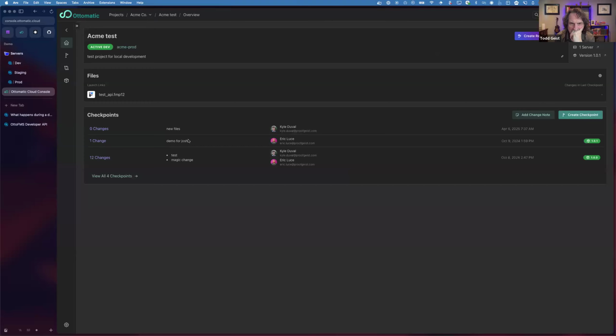So this is a project. Yeah, so this is a project. It's essentially, you can think of it as change control for FileMaker, sort of. It's a way to organize files and servers while doing change tracking, version control, as well as just putting all the links you need in a nice spot, right?